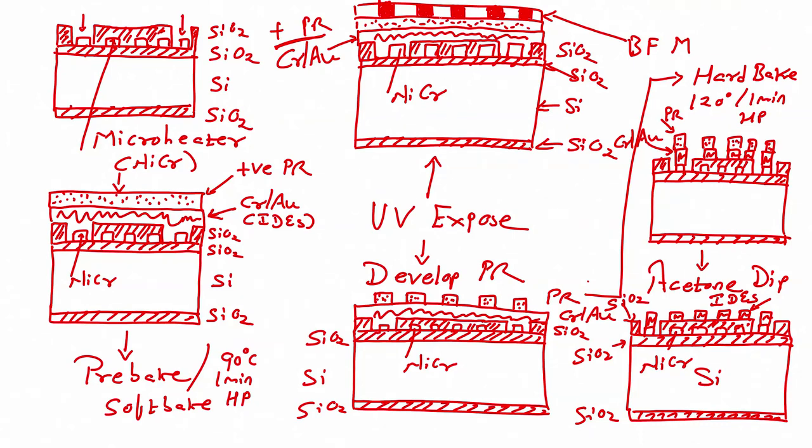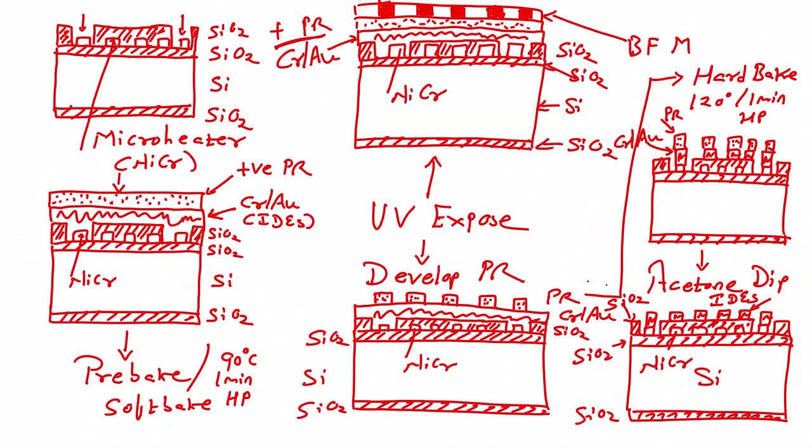So, the unexposed area, because there is a positive photoresist, will be stronger and the exposed area would be weaker. After UV exposure you can see that the area which was not exposed got stronger, and this is the pattern that you get. After this you have to perform a hard bake, which is 120 degrees for 1 minute, followed by etching the chrome